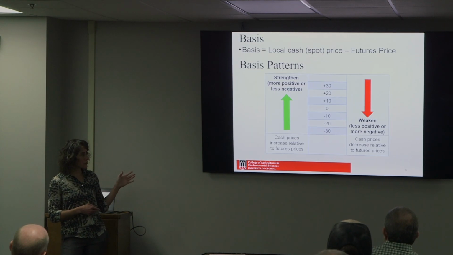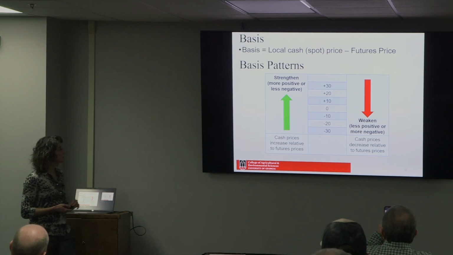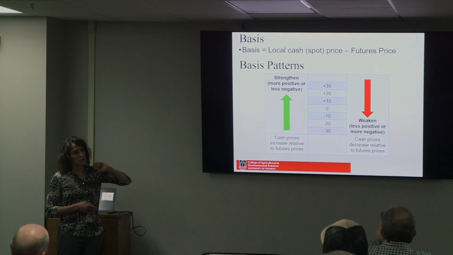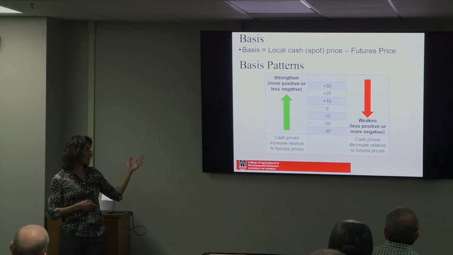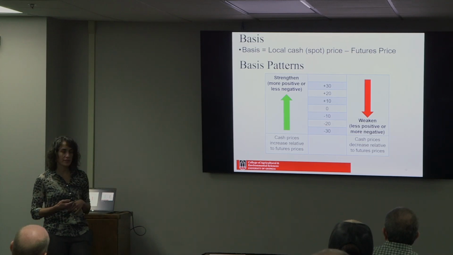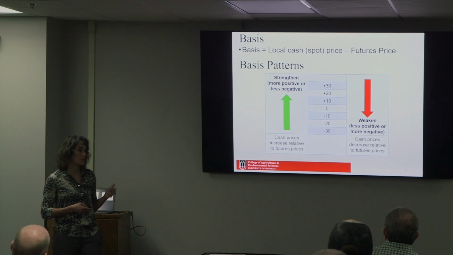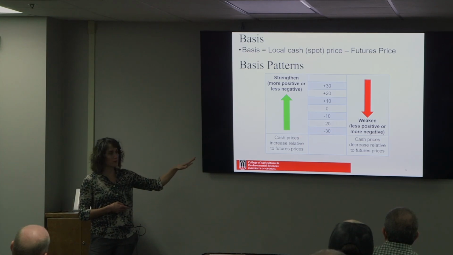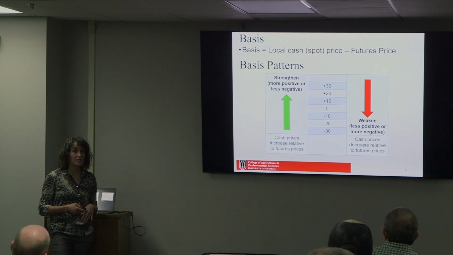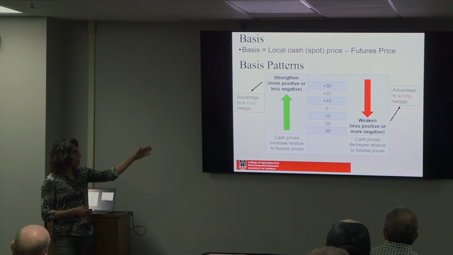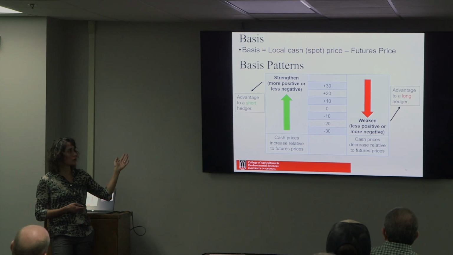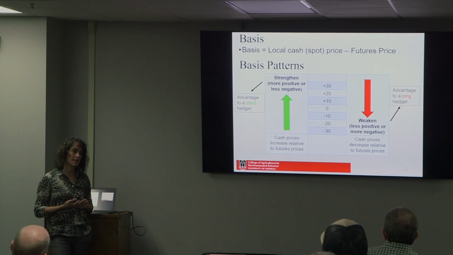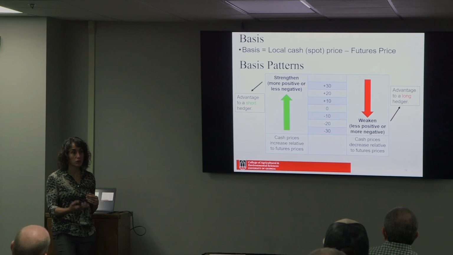So there is also an important concept, basis. This is the difference between the cash price and the futures price. It varies over time, and it can get stronger. That's called strengthening of basis: cash prices increase relative to the futures. Or it can get weaker: this time cash prices decrease relative to the futures. While a strengthening basis will be an advantage for a short hedger, like a producer who is going to be selling the commodity, the weakening basis is an advantage for a long hedger who will be purchasing the underlying